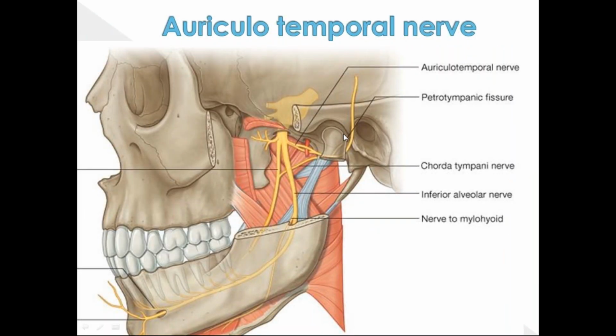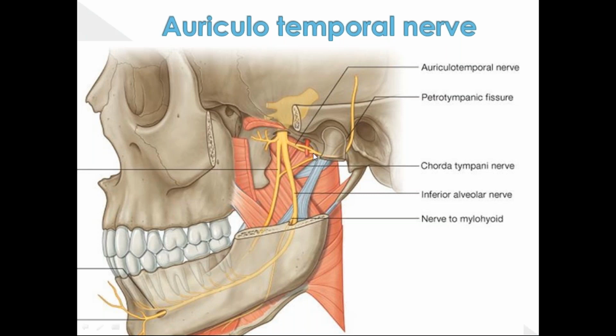Actually, as I said previously, the auriculotemporal nerve arises by 2 roots and it encircles the middle meningeal artery. After that the 2 roots unite and form a single trunk, and it goes under cover of the lateral pterygoid muscle behind the neck of the mandible, that is between the neck of the mandible and the sphenomandibular ligament. You can see the auriculotemporal nerve, and it lies above the first part of the maxillary artery. So these are the landmarks and relations. How will you identify the auriculotemporal nerve? You have to see the 2 roots, and in between the 2 roots, look for the middle meningeal artery.